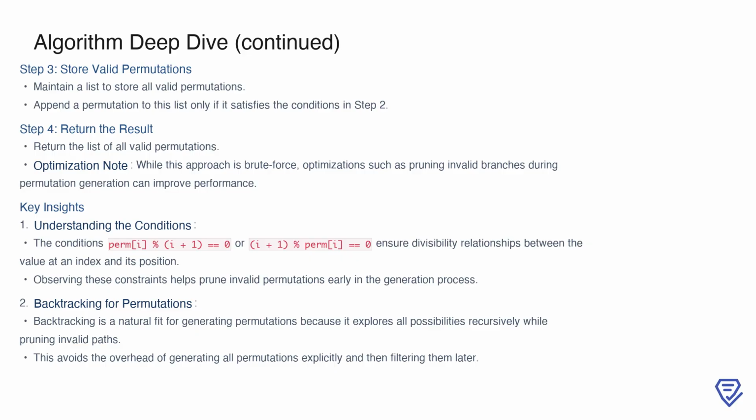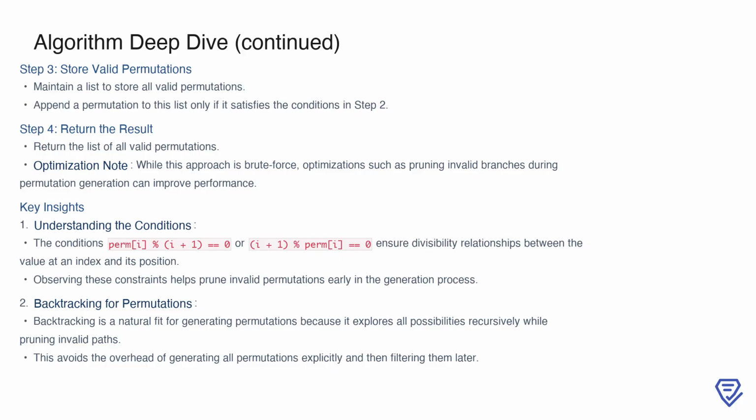To mitigate this, we can optimize the process by pruning invalid branches during the permutation generation. The key to this problem lies in understanding the divisibility constraints. These conditions establish a relationship between the value at an index and its position, allowing us to eliminate many invalid permutations early. Backtracking is particularly effective here, as it systematically explores all possibilities while pruning paths that violate the